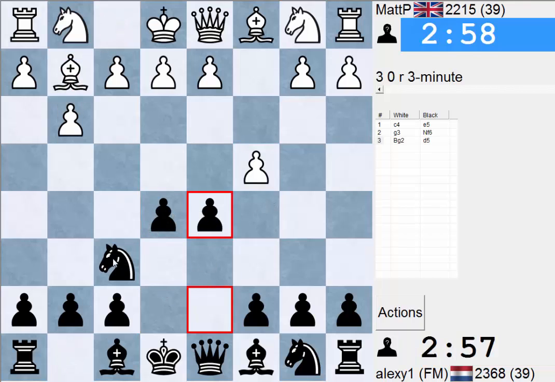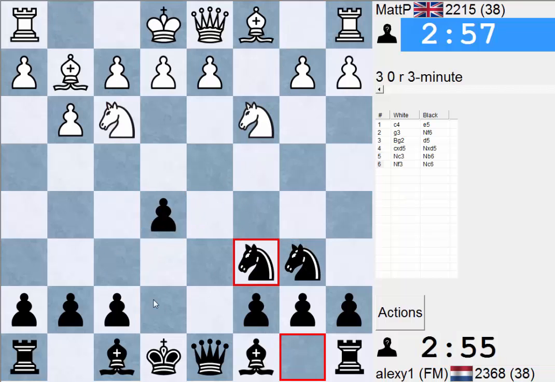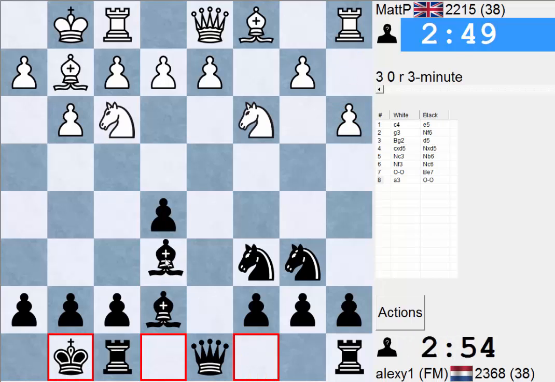I'm gonna go for e5 against this English, and this is all theory. Castles, d3 or a3 or rook b1, now b4,